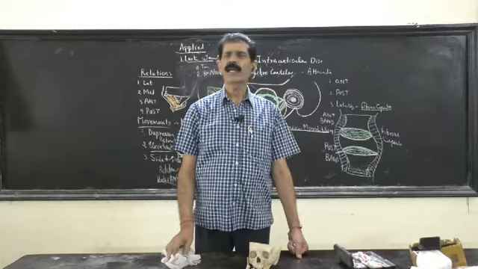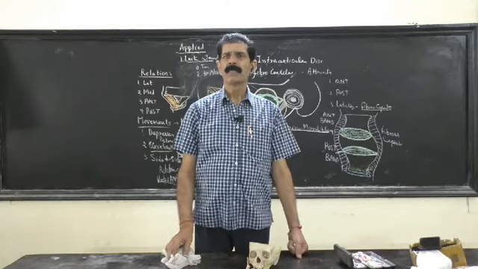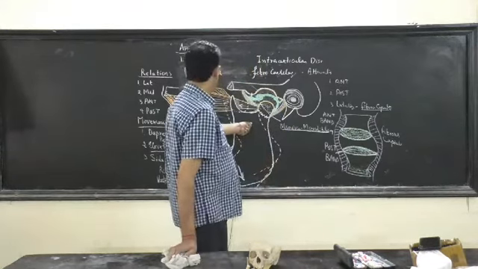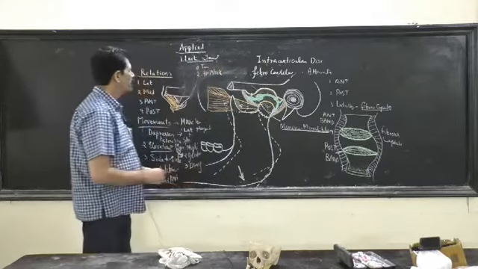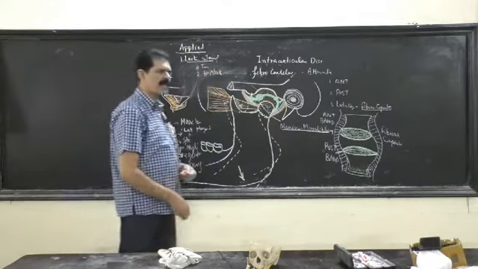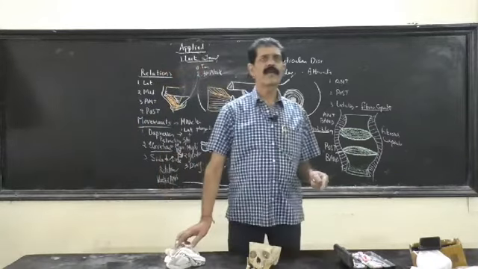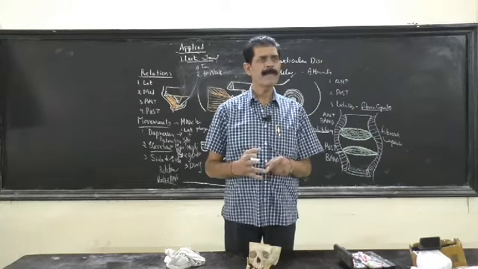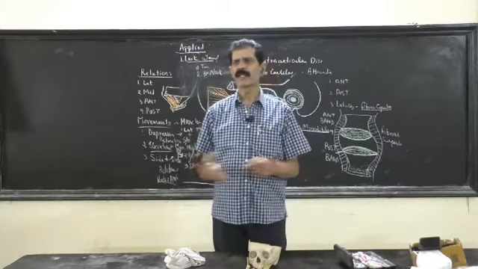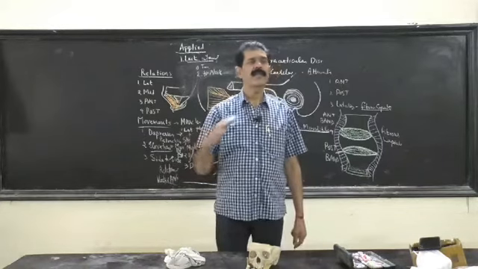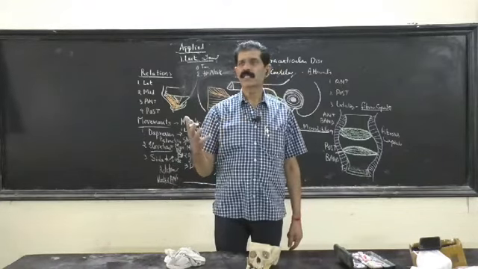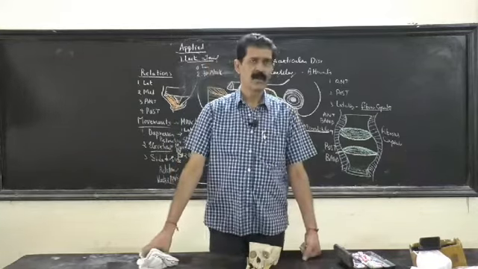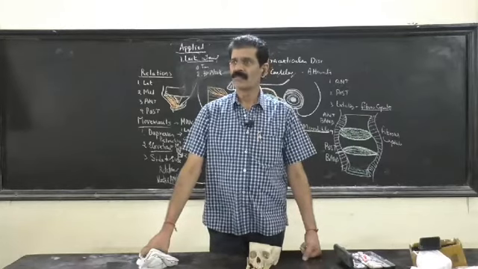And what lies on the medial aspect of the neck? The medial surface of the neck is related to three things I have told you. One nerve, one artery, one vein. What is the nerve? Auriculotemporal. What is the artery? Maxillary artery. And the vein? Maxillary vein. So all are touching medially. So whenever there is a fracture, these three structures get enwrapped or engaged in the fracture fragments of the bone, and they are liable to be injured.